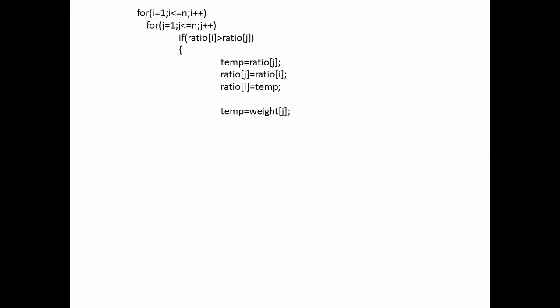Temp is equal to weight of j, weight of j is equal to weight of i, and weight of i is equal to temp. We have to sort values also. Temp is equal to value of j, value of j is equal to value of i, value of i is equal to temp. So the entire table, whatever we are going to enter, that we are going to sort. According to the ratio, we are going to sort weight also, value also.